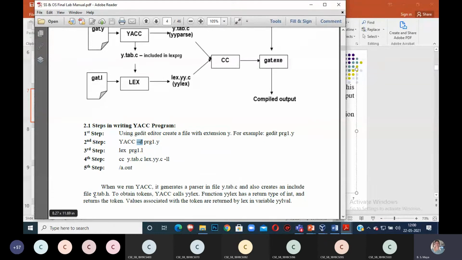This file contains the tokens. Whatever tokens you are using in the program will be stored in the header file. y.tab.h is a header file. It contains the tokens. Those tokens will be passed to your lexical analyzer. I will show the program.